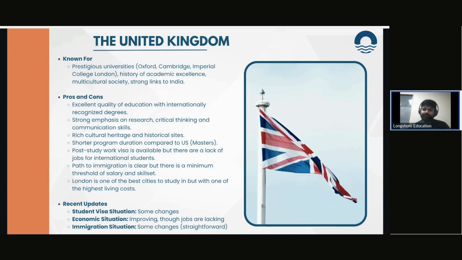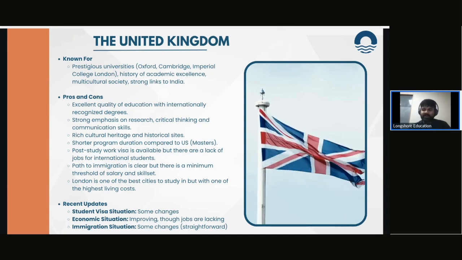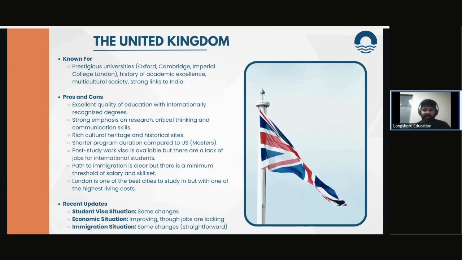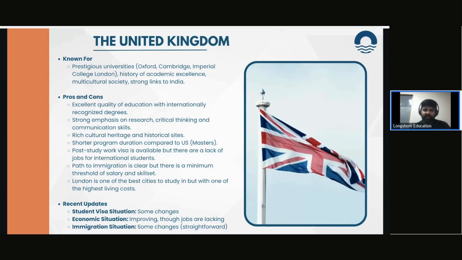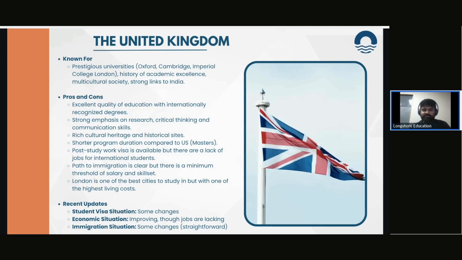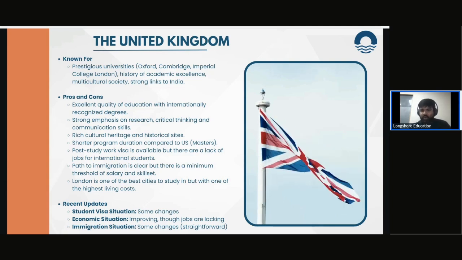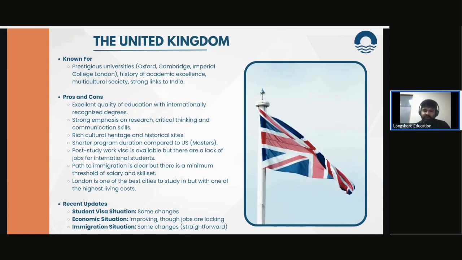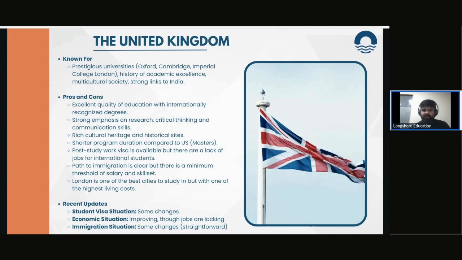What has been updated recently is the salary threshold to work on a worker visa. So after you have completed your post-study work permit, which is an open work permit, you have to have a minimum salary threshold of £38,000. Now, this may seem like a very large number. However, to survive in a place like London, which is one of the best cities to study in, but also one of the highest living costs, that is actually the minimum requirement that you need to pay your rent, to get your food, to make sure that you have a decent lifestyle.